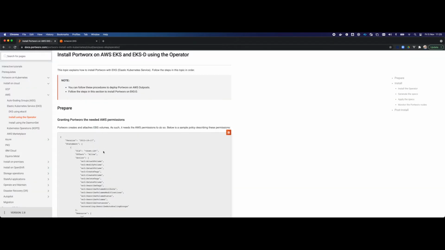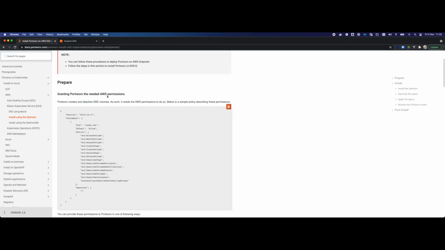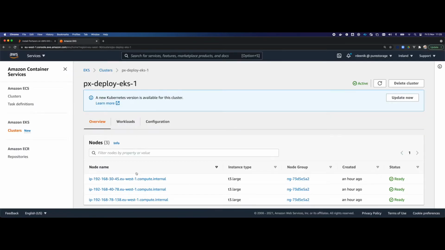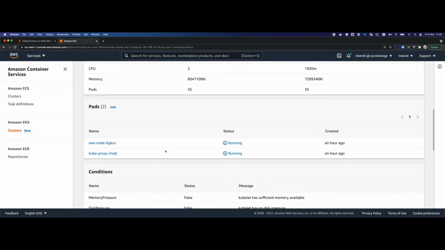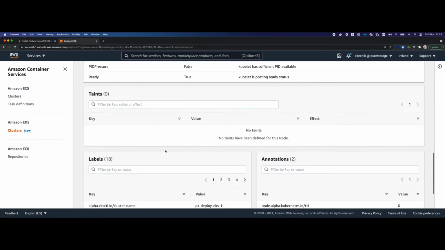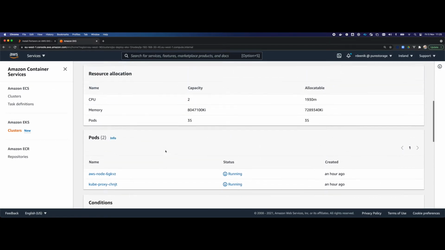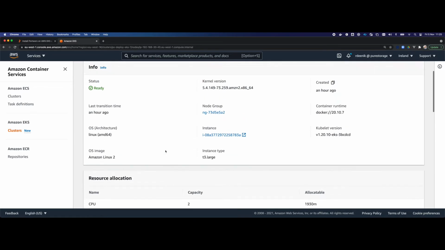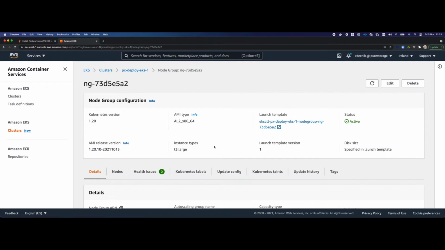Here we go. So the first part is we need to allow Portworx to create EBS volumes. So these worker nodes that we currently have here only have a volume for their operating system, but we want to attach additional volumes to those worker nodes as well, basically to allow Portworx to create the software-defined storage pool on top of that. So for that, we need to attach a role to the